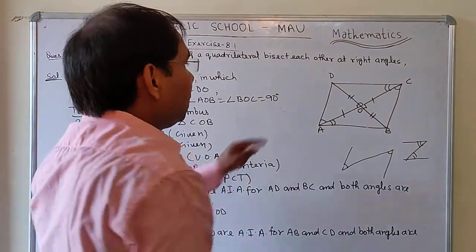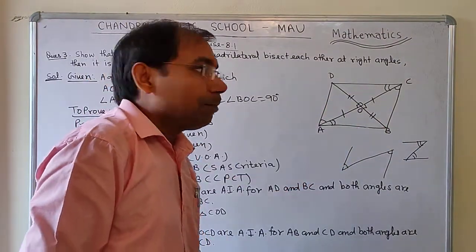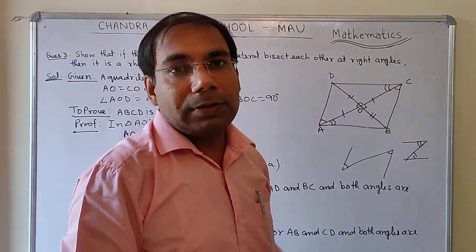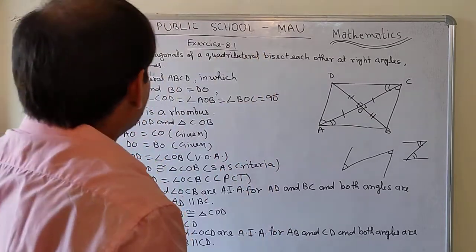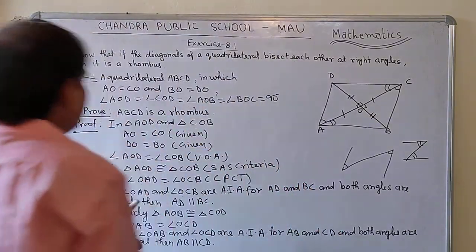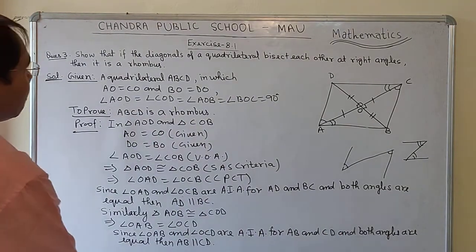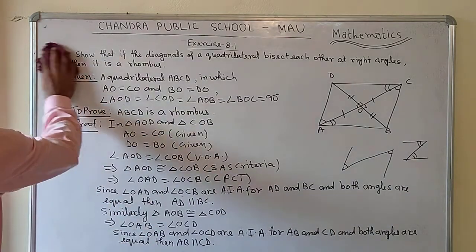So here you have to prove that AD and BC are parallel and AB and CD are parallel. So if in a quadrilateral both pairs of opposite sides are parallel, what is the meaning of this? It means that it is a parallelogram. So here I am going to erase that. Kindly note down this. After that I will erase it. So note up to here. So I am going to erase this portion.